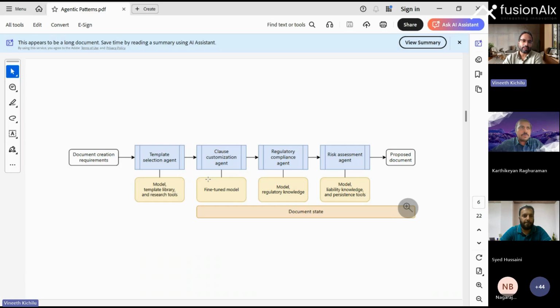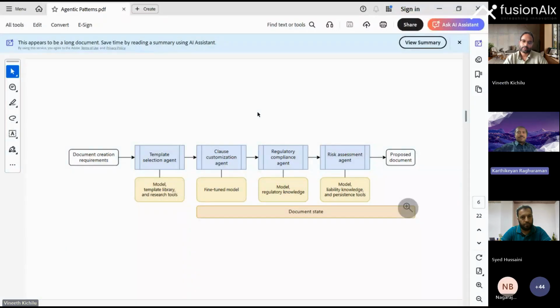Now, I will probably request Karthik to do a live one, if you want to do an example here, Karthik. Oh yes, I can. Till where do you want me to do it for now? Which modes do you want me to show? I think it's more efficient if I run through a couple of patterns, and then we can do it together. Maybe that's more efficient, I feel, right? Let's do that. Yeah.